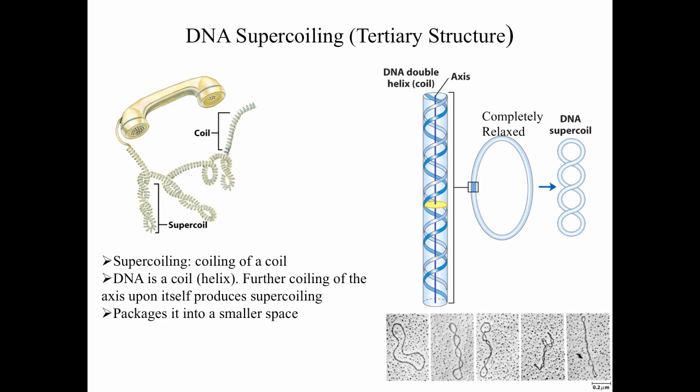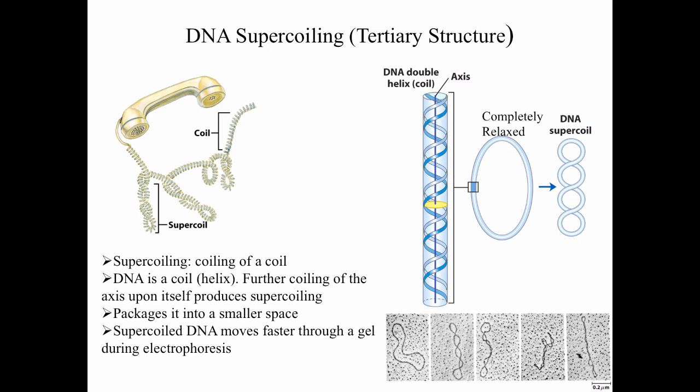And that supercoiling is really important because it allows it to fit into a smaller space. We just talked about the fact that there's lots and lots of DNA in a eukaryotic or prokaryotic organism relative to the space it has to fit into in the cell. So it's going to be very important for packaging. The other thing about supercoiled DNA is that it actually helps the DNA move faster through a gel during electrophoresis. It's called DNA agarose gel electrophoresis, used to separate the different pieces of DNA. If you take a supercoiled piece of DNA versus a non-supercoiled DNA, it'll move a lot faster